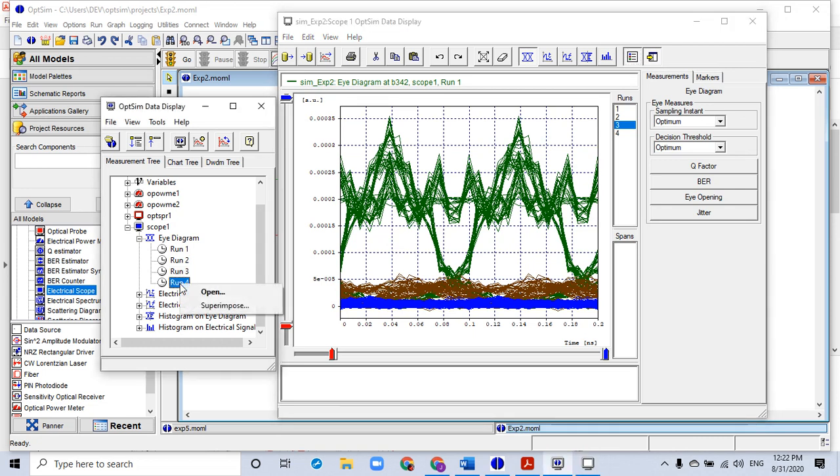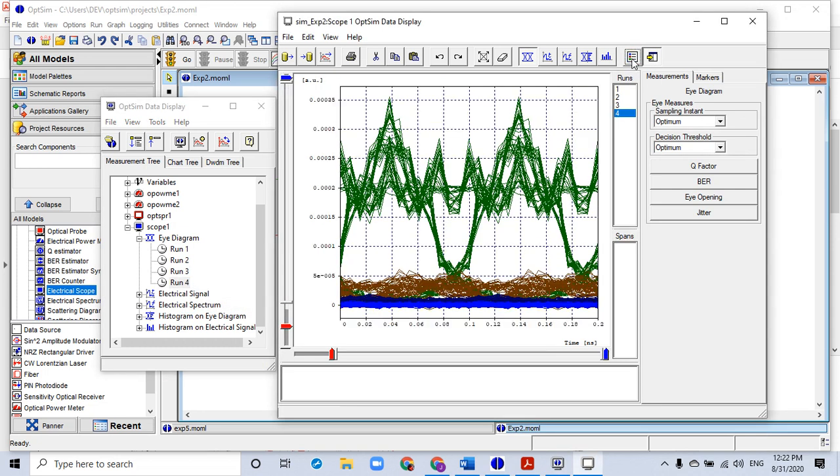Similarly for the fourth case, over here, color palette, it's almost done, right? So for different lengths of the fibers, this is how my output appears. So using the theoretical concept, you can comment that the one that is in green must be corresponding to a fiber length of 20 kilometer.